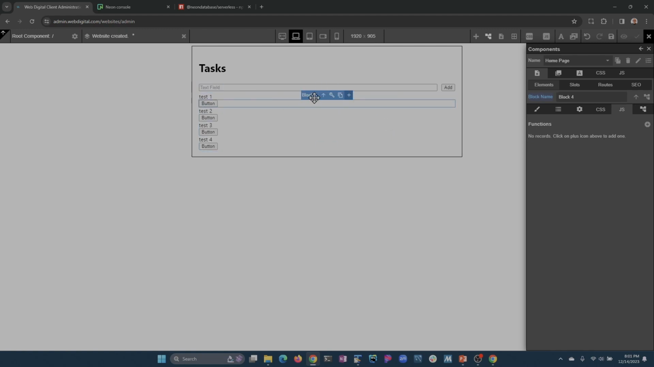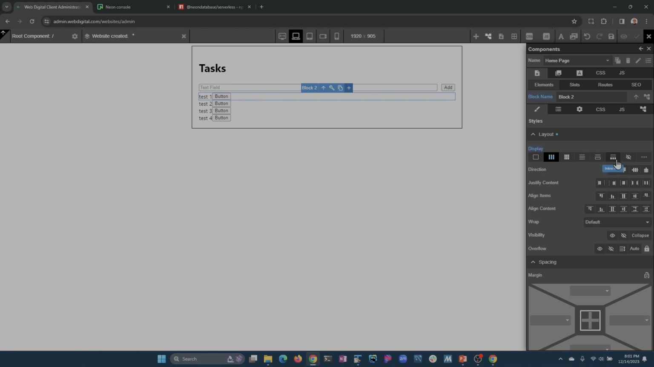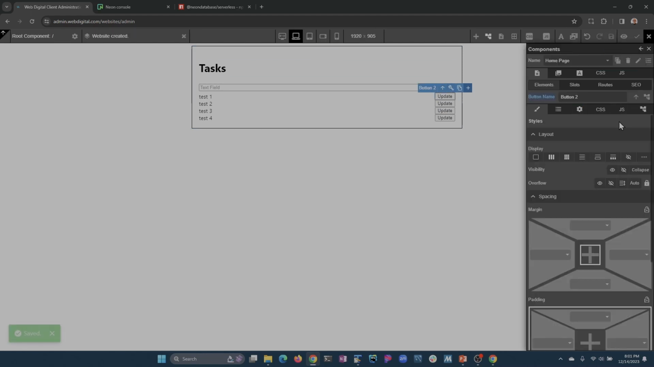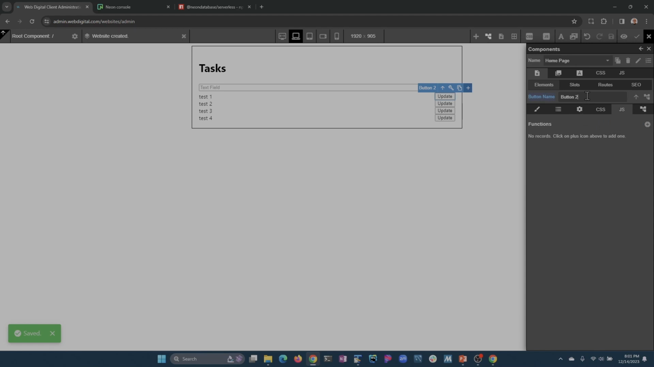All right. And then this block needs to be display flex, justify content space between, and align items center. And let's call this update. And yeah, so whenever this button is clicked, let's call this update button. All right, and whenever this is clicked,